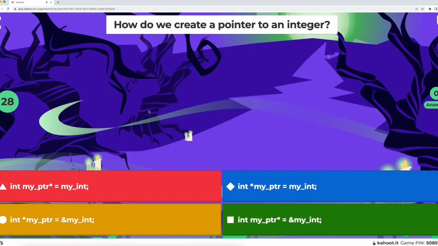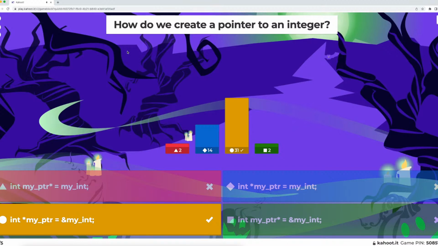So how do we create a pointer to an integer? Good question. This is testing your syntactical knowledge. How do we create a pointer to an integer? Which one is it? I guess it's, okay, yeah. This is a good one. And you got your handy cheat sheet for quick help. Okay, 14 people said int my pointer,